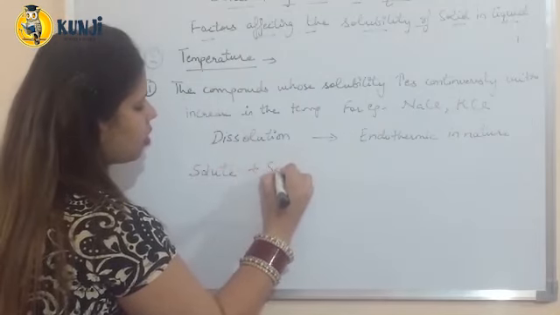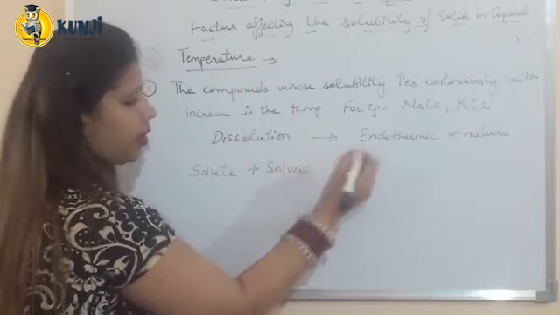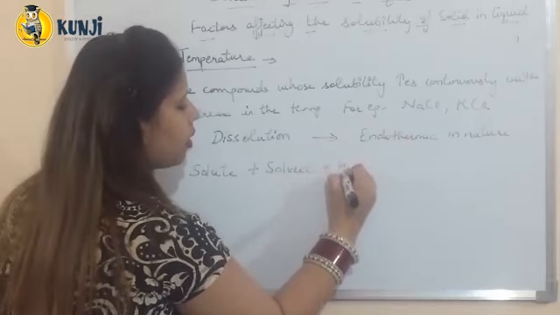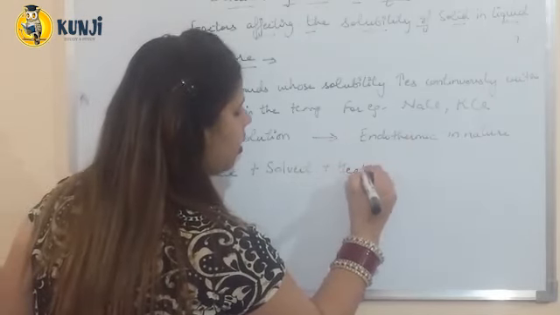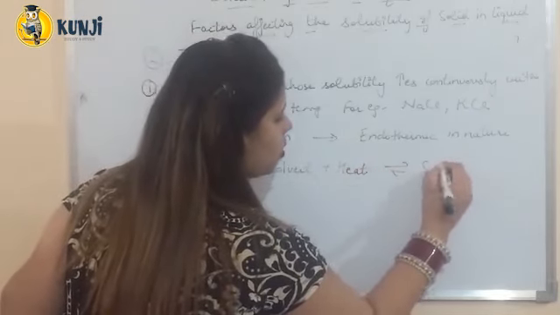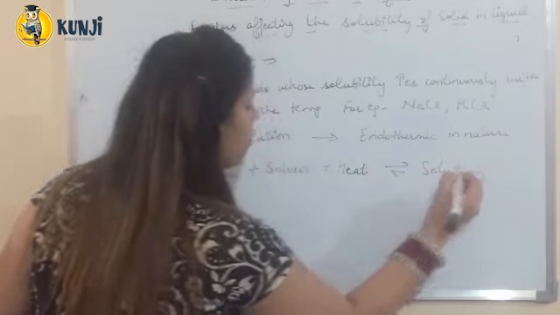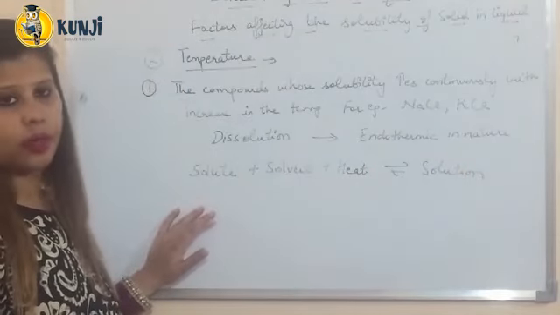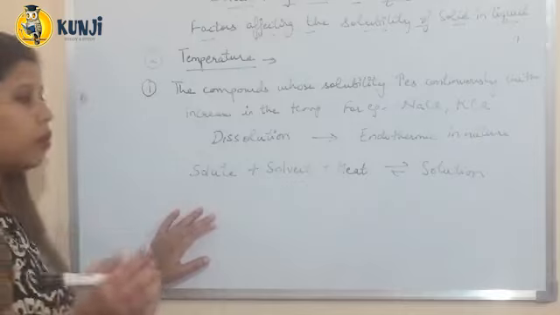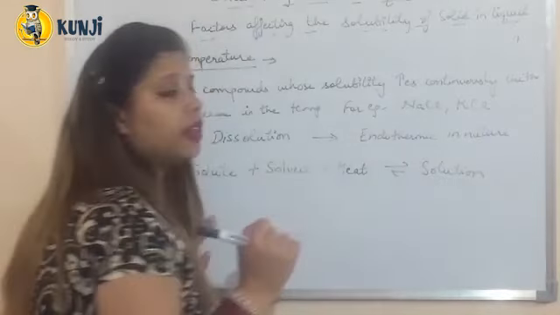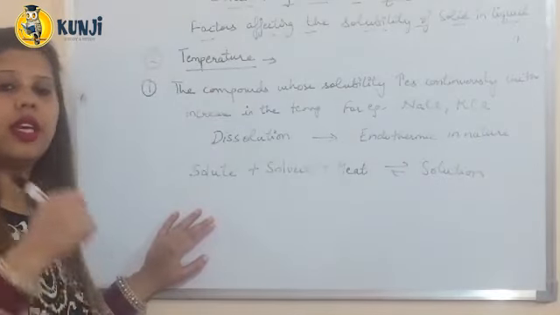If we are mixing solute and solvent and the reaction is endothermic, so it means according to Le Chatelier principle, the reaction will move to the forward direction if we further increase the